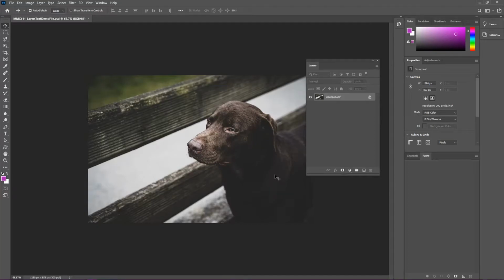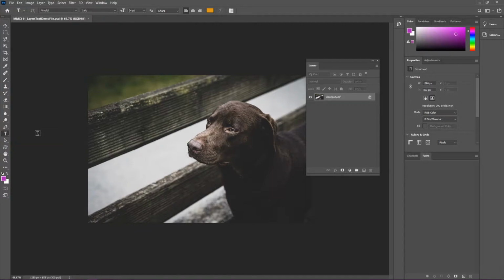Welcome back, everybody. For this tutorial, what we're going to look at is the type tool in Photoshop. So your type tool is located in your toolbox, which is on the left-hand side. I'd like to draw your attention, though, that if you click and hold on the toolbox, notice that you have both a horizontal and a vertical type tool. Also to point out, you do have two type mask tools here that we will get into later when we get into masking. For today's demo regarding the type tool and its properties, we will be working with the horizontal